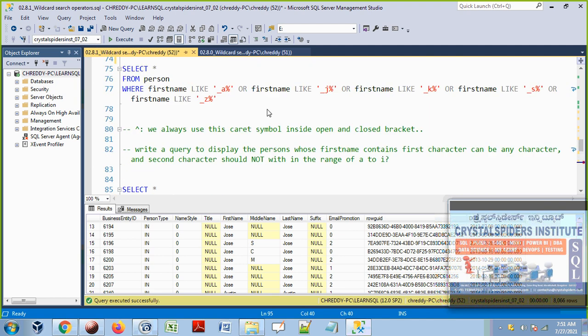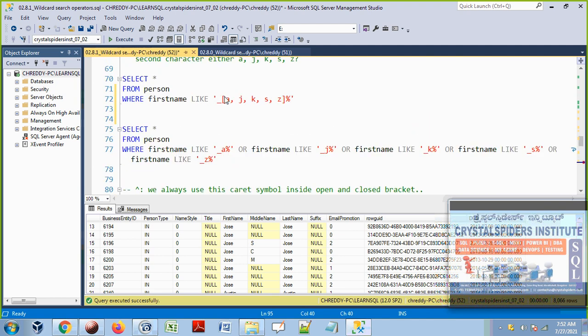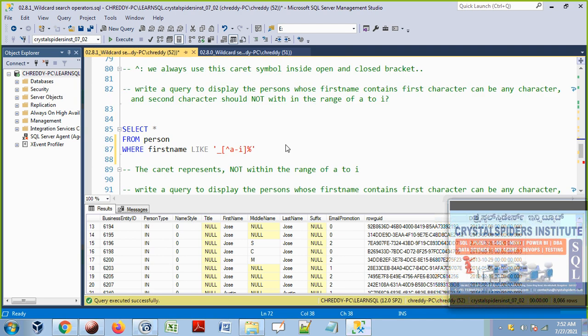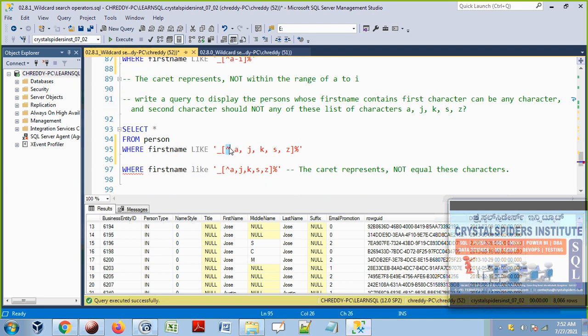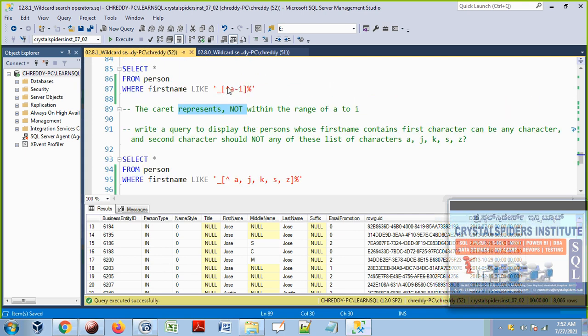But earlier, if you don't use a caret symbol, it represents exactly equal to, so it includes only these characters. The second character can be one of these characters. And when we use a caret symbol, it represents not these characters, any other characters. Or else here the caret represents not within the range of A to I.